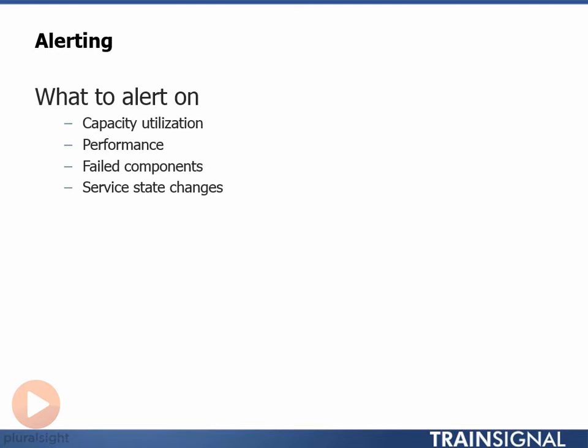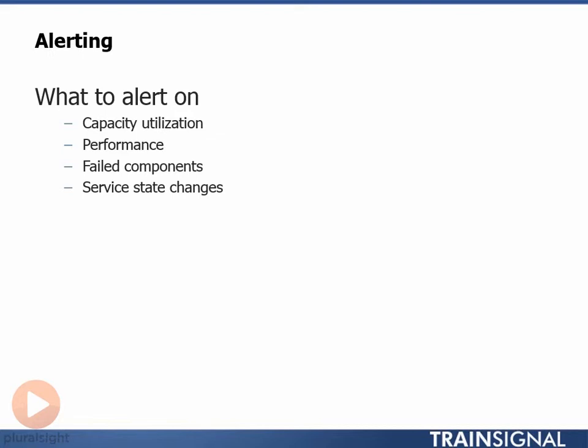So, alerting is about systems informing you of certain situations. And these situations can be just about anything you want. For example, you might want to configure a system to alert you when capacity utilization exceeds a threshold, maybe 80% used. The same goes for performance. Maybe if average latency over a period of 5 minutes exceeds 30 milliseconds, you might want to know about that